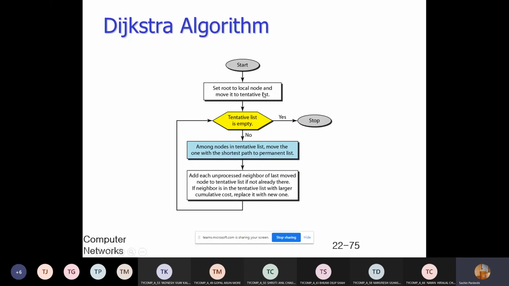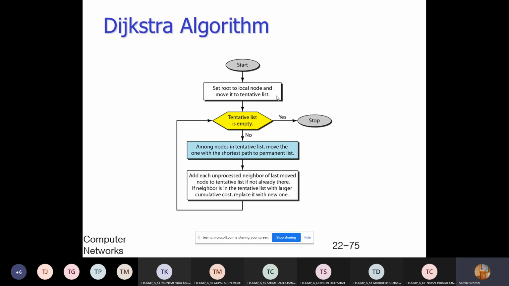The second step is to set a route to the local node and move it to the tentative list. So the first node we consider is the root node, and we move that node into the tentative list. Then we check whether any other neighbors are connected and whether the tentative list is empty. If it is not empty, among the nodes in the tentative list, move the one with the shortest path to the permanent list.